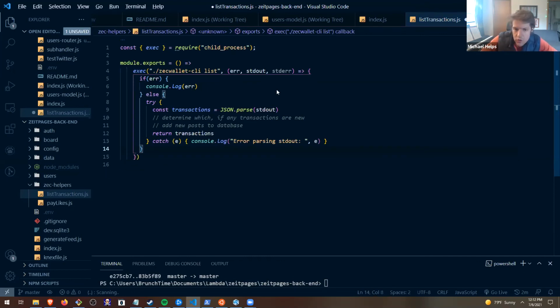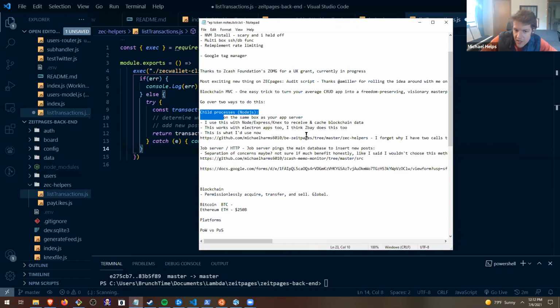So those are the two key ways to do it. You can do child processes, which I would say is a little slicker. I think that's how ZBay does things. I've done it with Electron apps, just on a PC, packaging it with zecwallet-cli in the resources. It works okay there. This is generally what I use now when I try to build these full stack blockchain